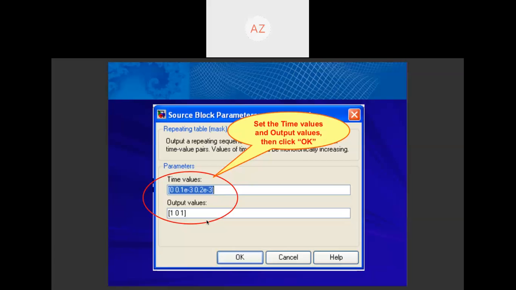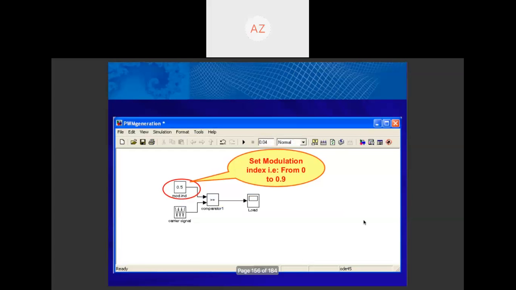For this example, let's set a W-shaped carrier signal, so you insert output values 1, 0, 1. Then you click OK.